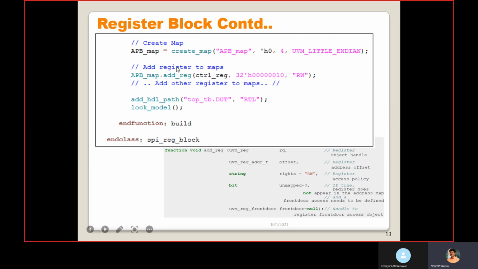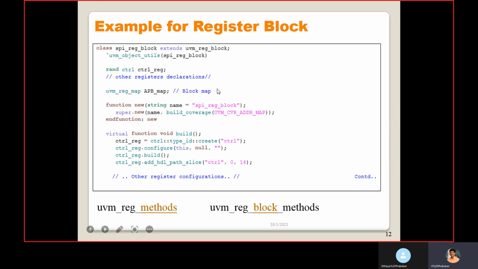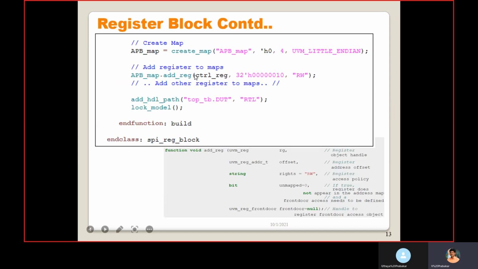If you go to the uvm_reg_block, you can see create_map and the arguments we need to pass: the name of the map and the base address. The base address is 0 here, and n_bytes, the number of bytes, is 4, that is 32 bit.